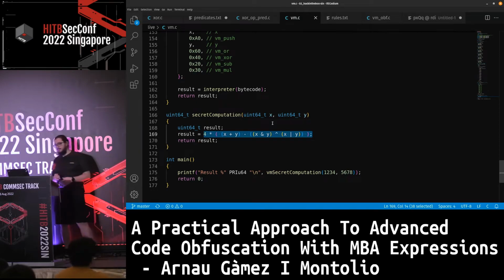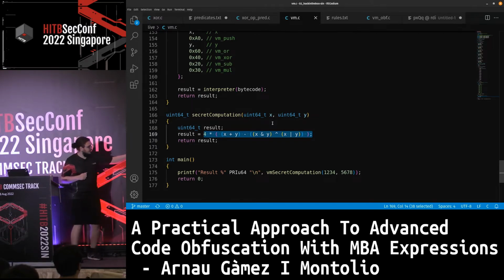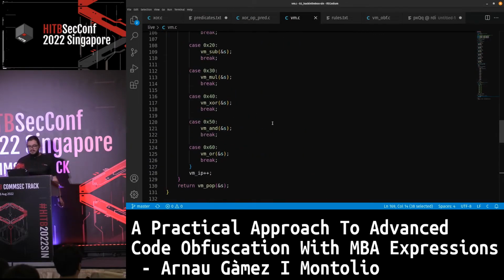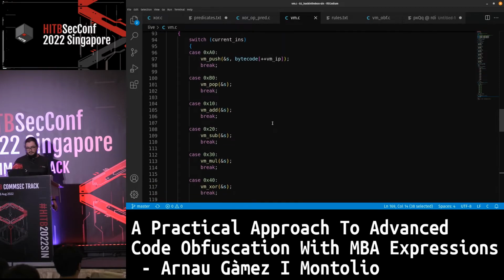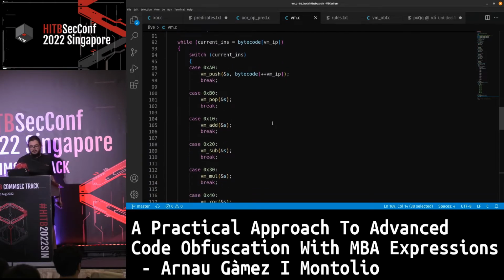So the first thing I will do is, okay, let's just invent a totally made up custom architecture with some operators so we can translate this expression into our virtual machine. So I did that in here. This is our virtual machine, like our interpreter for the virtual machine, which essentially the only thing that you have